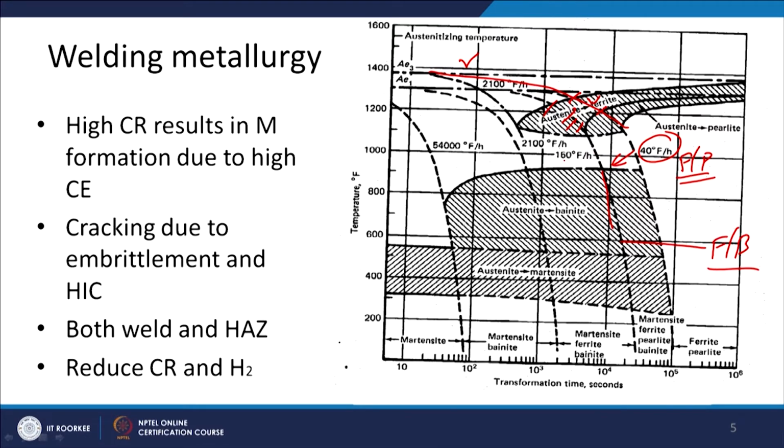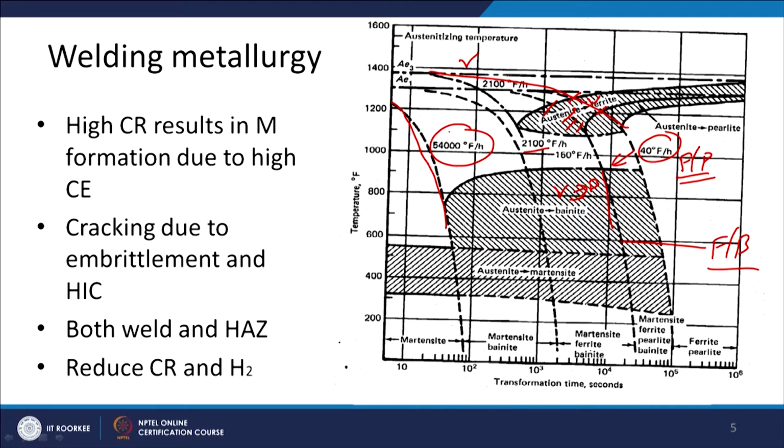When the cooling rate is further higher, like say 2100 degree Fahrenheit per hour, the soft phase formation like ferrite and pearlite is avoided, and primarily we get the transformation of austenite into the bainite, and this is the zone where we will have different proportions of the bainite and the martensite, and this is the critical temperature